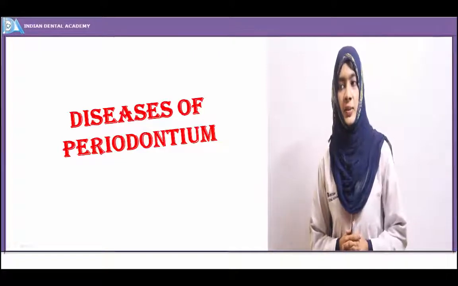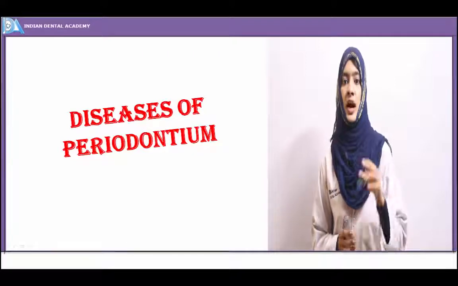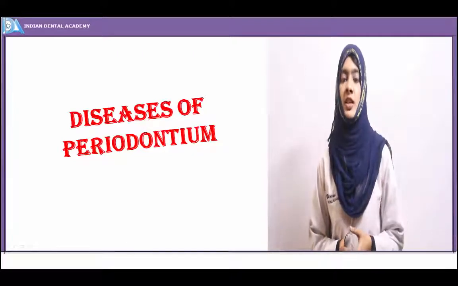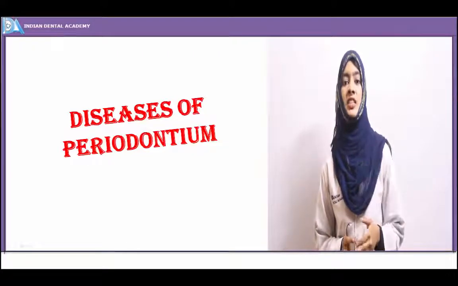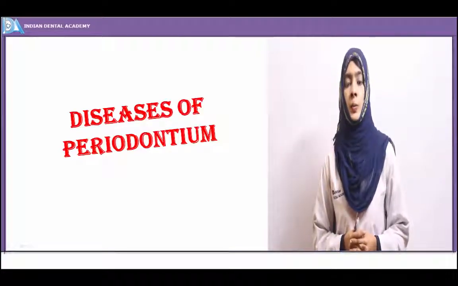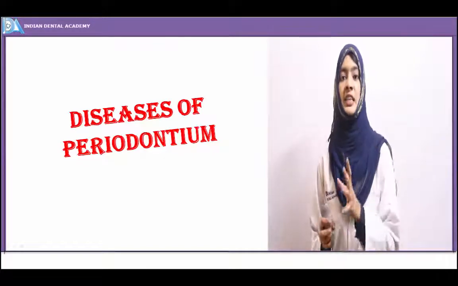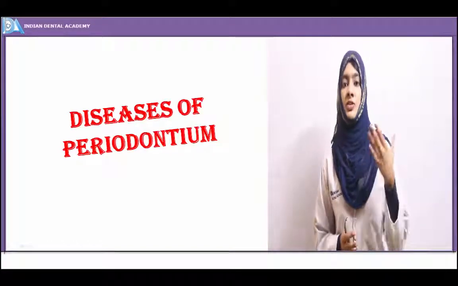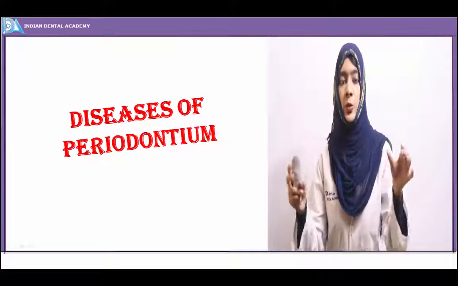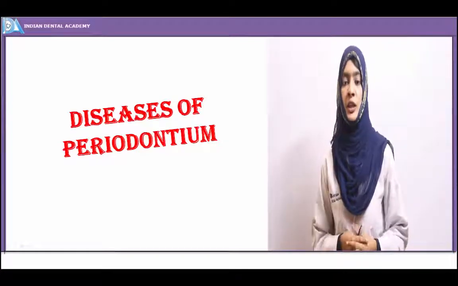So the gingiva, basically we know it is divided into the free marginal gingiva and the attached gingiva, which is just attached to the underlying mucosa or bone. So the free gingiva, the attached gingiva, and the interdental papillae, which are characteristically seen between the teeth, that is the interdental regions of the teeth.